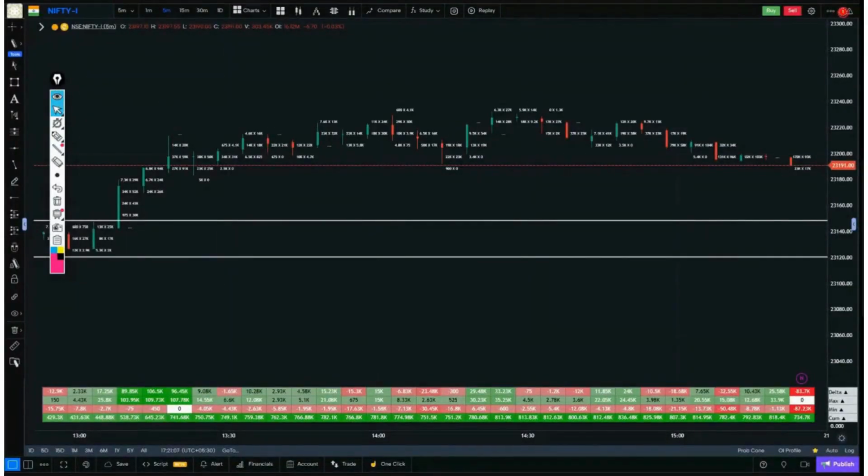Okay. Hello, welcome everyone. Welcome to the aftermarket analysis session as usual. After the closing of Nifty, the Indian markets Nifty and Bank Nifty, we look at where the buyer's interest was, where the seller's interest was, how, and what happened. And in this live session, we try to read the aftermarket footprint thoroughly.